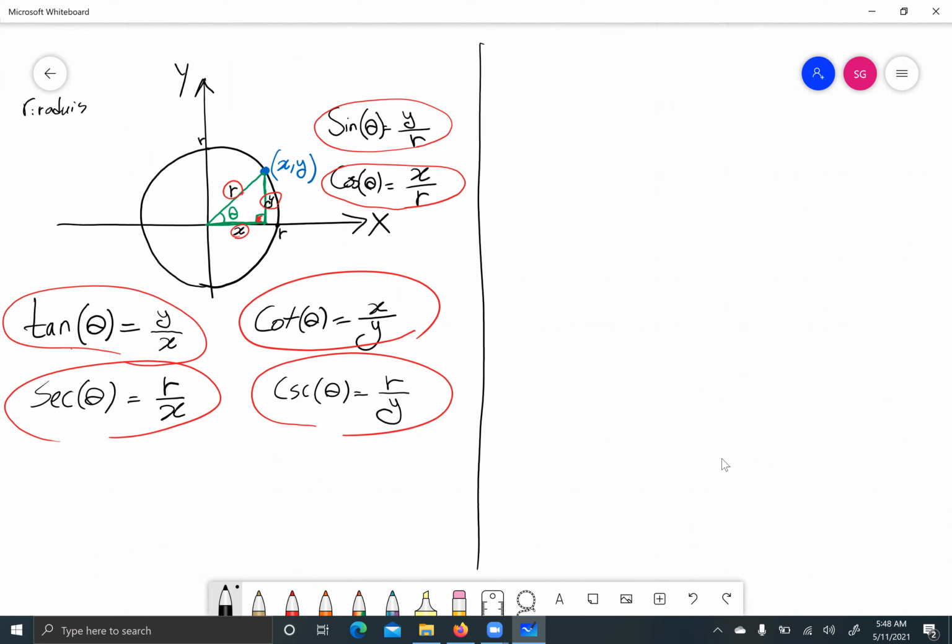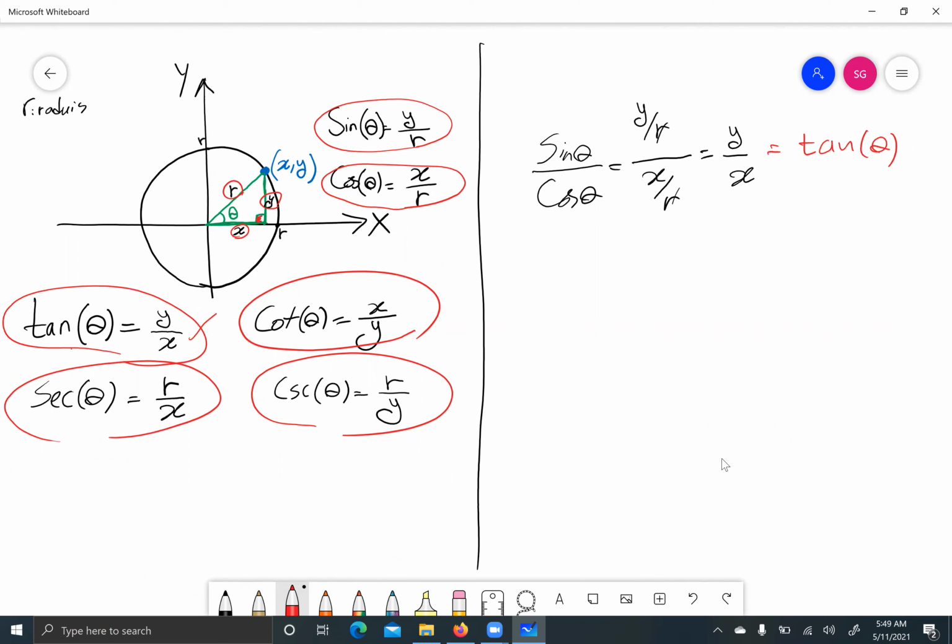So look, for example, what is sine? I want to show you that if you divide sine by cosine, take this ratio, sine by cosine. So what is sine? Sine is y divided by r. Cosine is x divided by r. So if you do that, then it's going to be y divided by x. Okay, but we said y divided by x is tangent. So this is actually tangent of